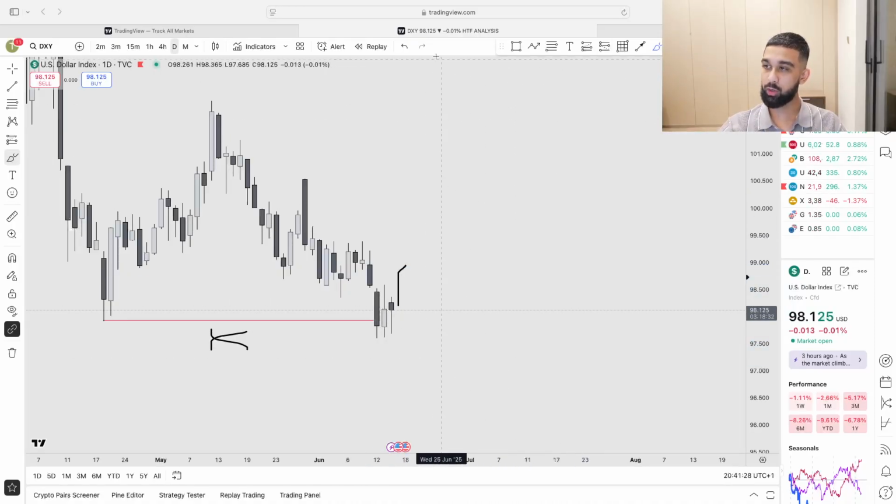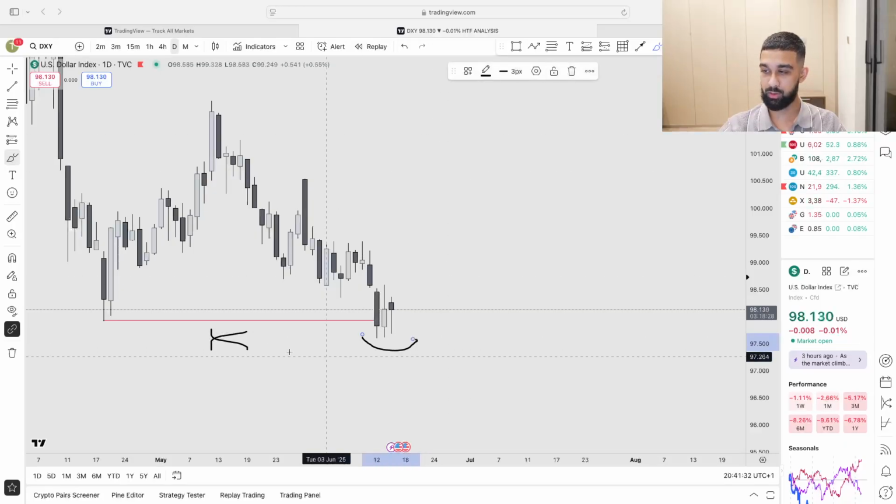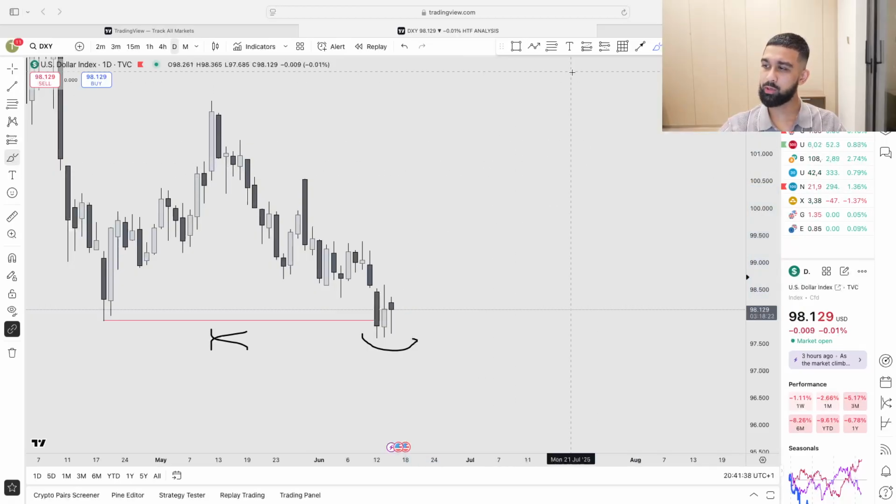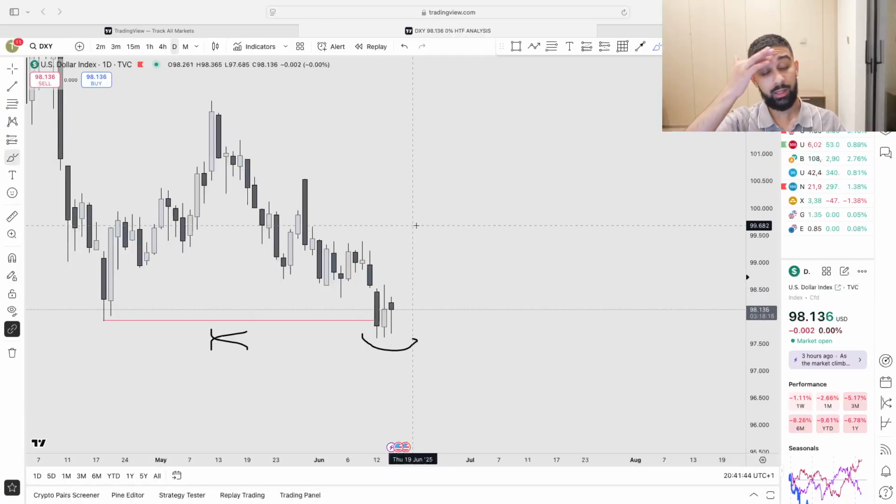And because of the amount of liquidity swept, we might also see price taking out liquidity and then creating an actual low and going higher. So we need to see signs of price going in either direction, either continuing bearish order flow or continuing bullish order flow. And it's a week like this where you can let price come to you, which is why we set out the Monday range.